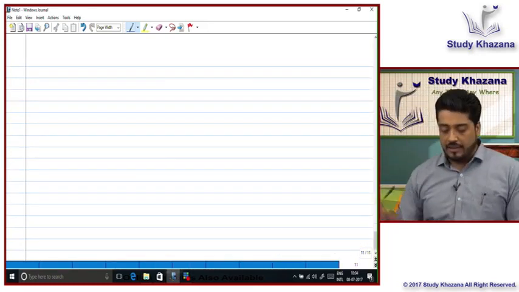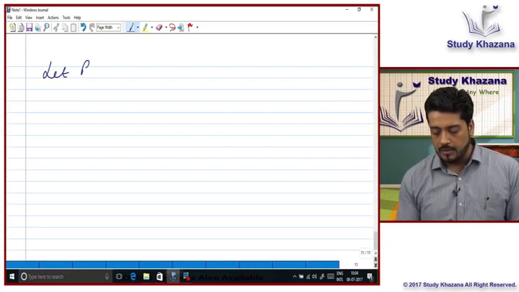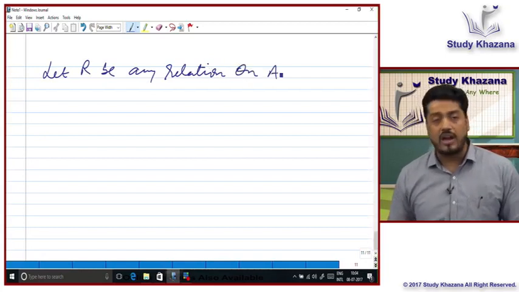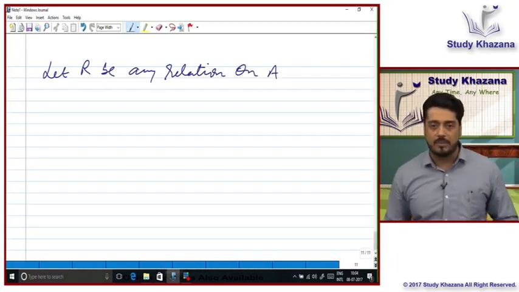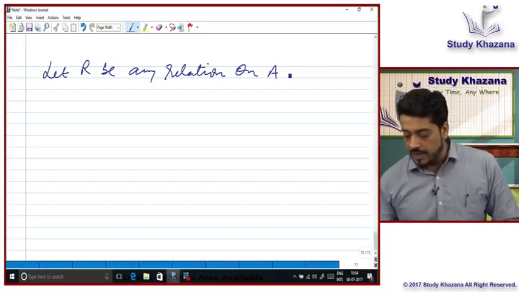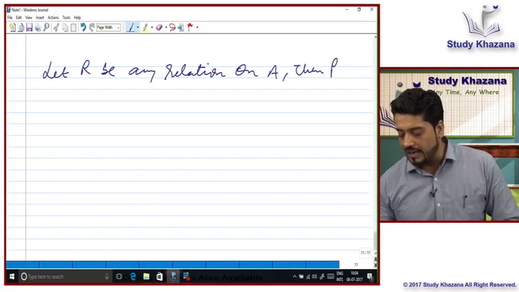Again, I will write: let R be any relation on A. Now I'll write simply A. It is understood that A is a non-empty set. Only then is a relation relevant. Now let R be any relation on A. Then R is said to be